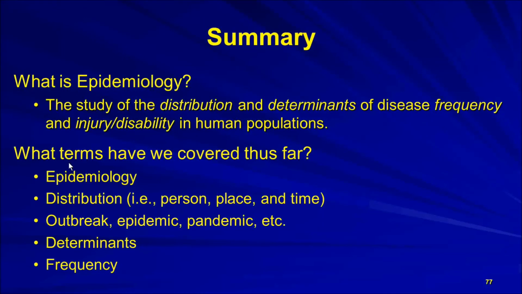We're looking for causes of diseases, and we're trying to narrow it down to a univariate cause. Most often it's a multivariate cause, and we're focusing on injury and disability, and we're focusing on both of those concepts in human populations, not animal populations. Animals are important, and that's why